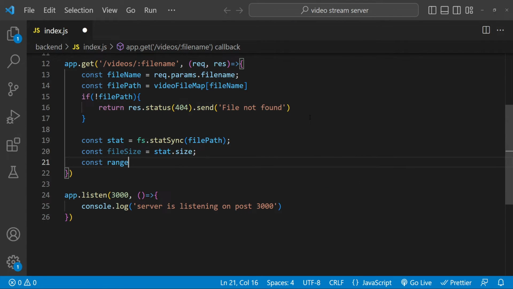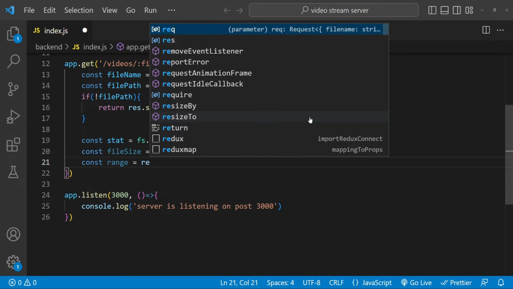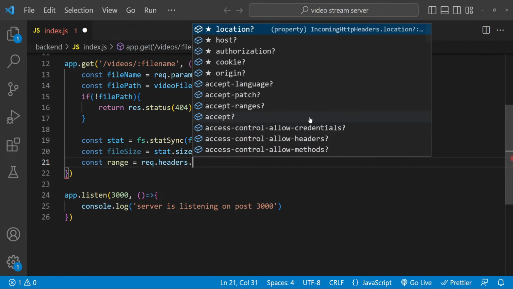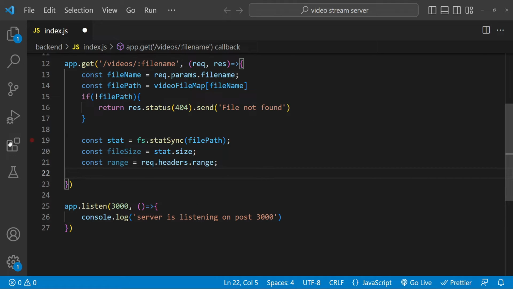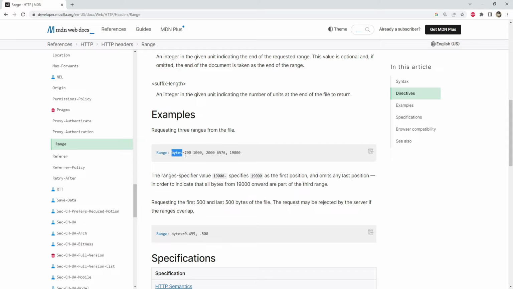So const range equals to request.headers.range. Okay, so from range we have to fetch the parts, and from parts we have to fetch the start and end of the range. So for example, if the range is like this, we have to get these values, start and end, but it starts with bytes, so we have to remove this bytes and then this equals to,